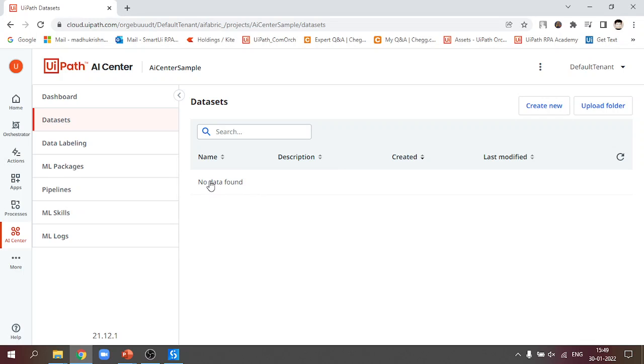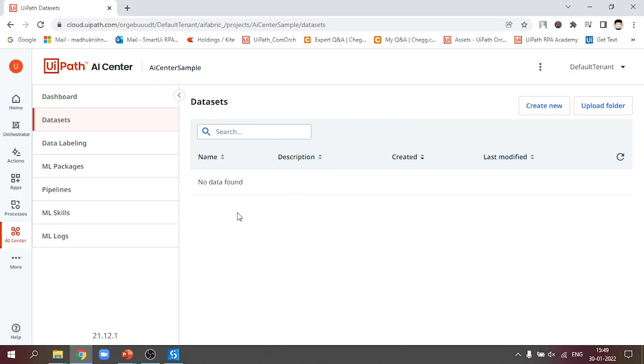Whatever data we are going to train or retrain in the pipeline, you store in datasets. To train the ML model, and then to retrain the ML model, you have to keep the data in the datasets section.